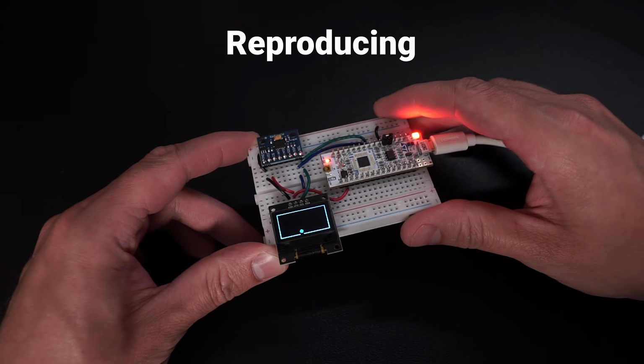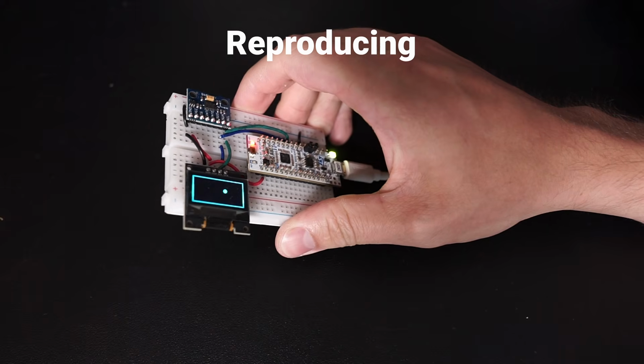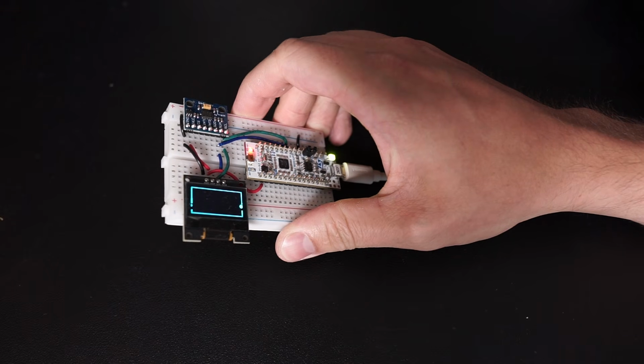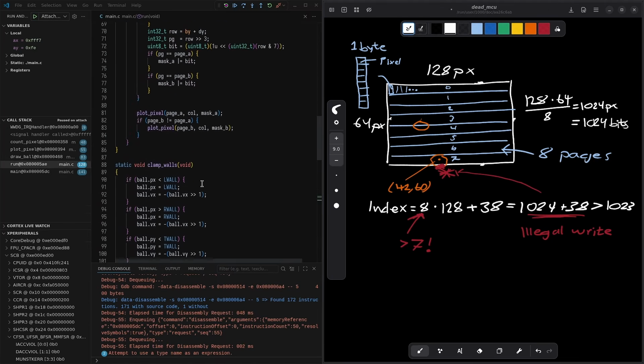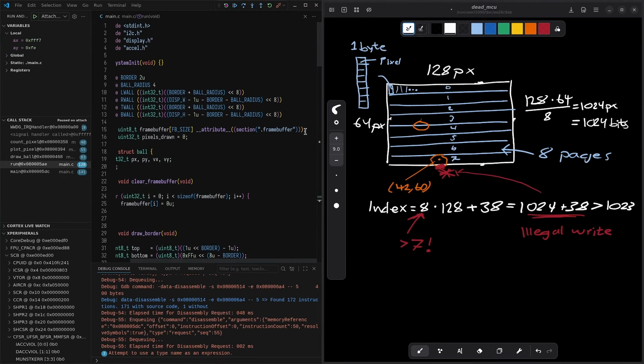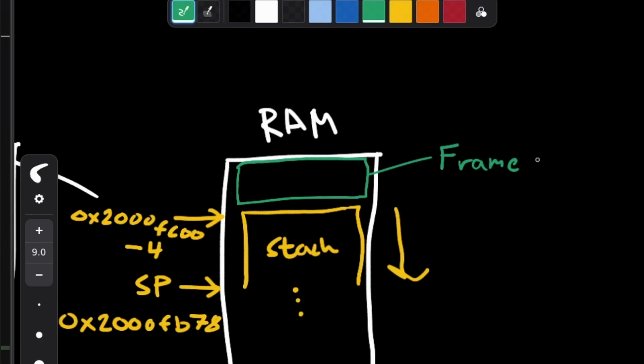And also it's primarily a problem when I go off the top or bottom of the buffer, because when I go off the sides, it's mostly going to cause a visual glitch, because then I just write to some other part of the buffer. And full disclosure, I have rigged this setup a bit, because I've placed the frame buffer right at the end of RAM,